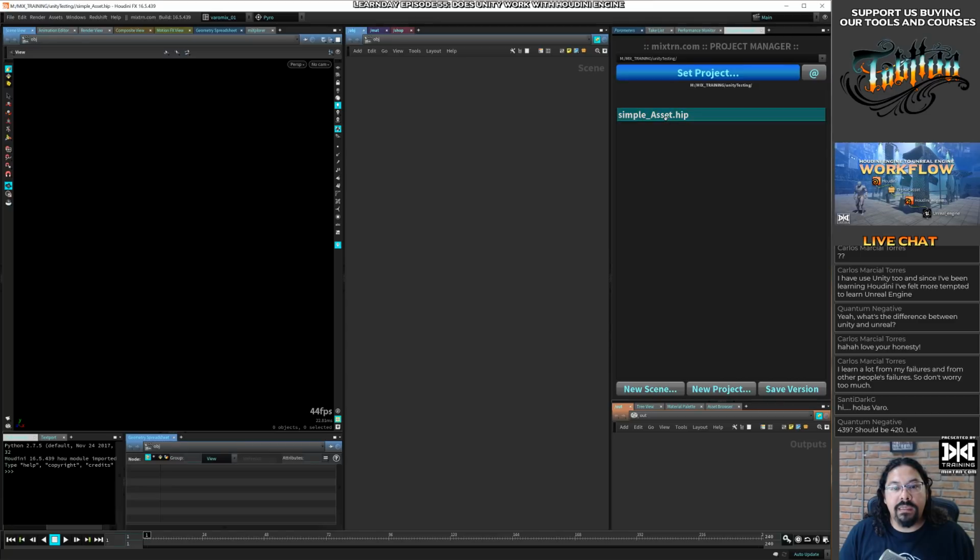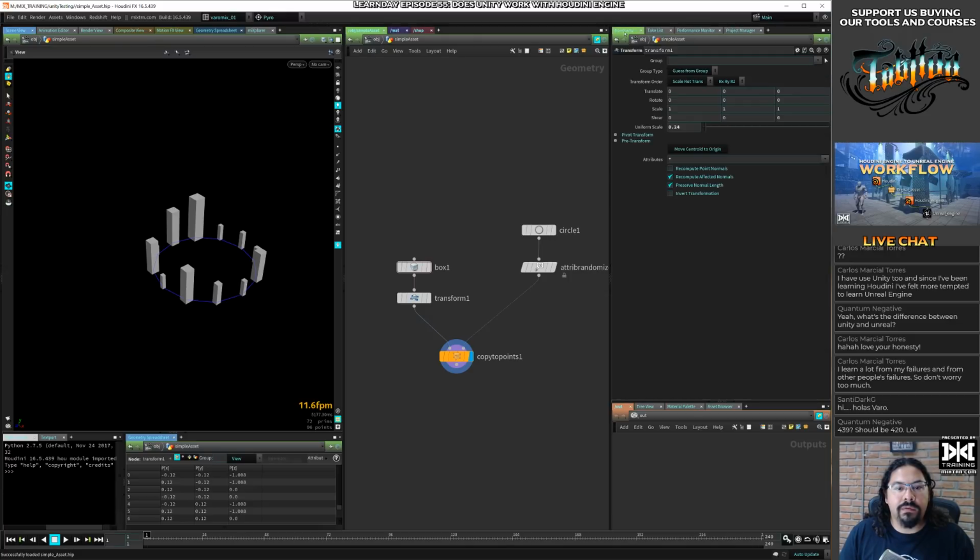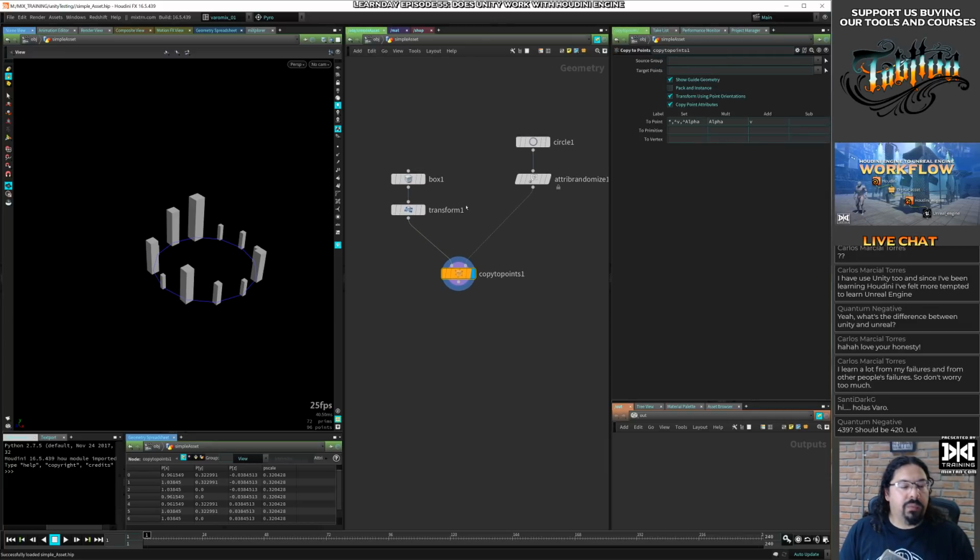Unity testing, simple asset. See, I love my project manager because I just set the project pretty quickly and open my files really quickly. I love that. My files are open on my desktop really quickly, and the current project is set and everything is pretty cool.